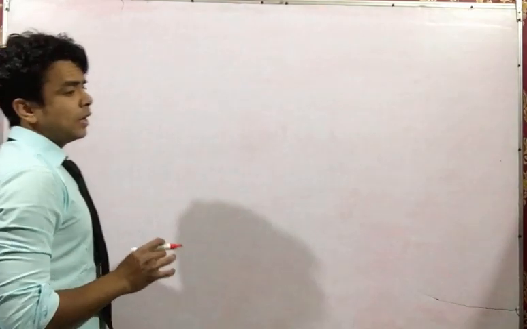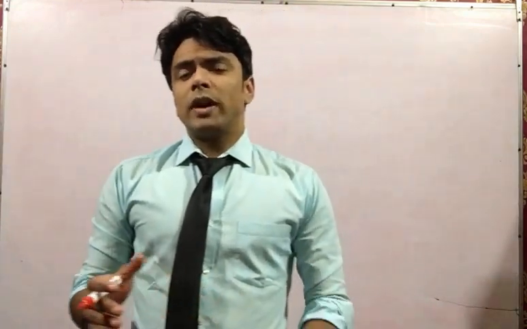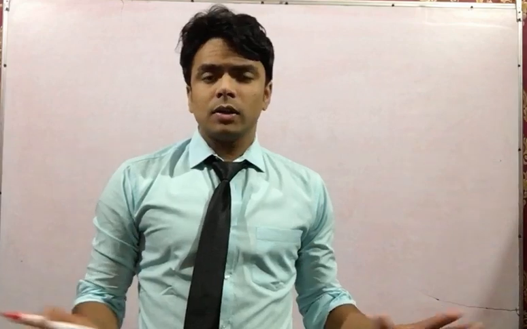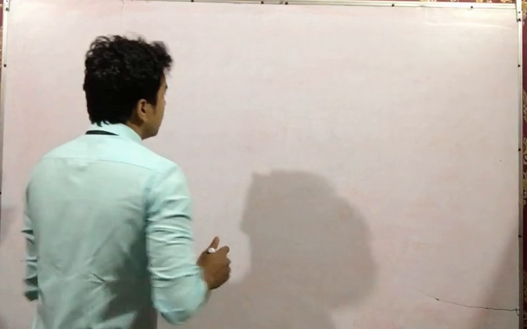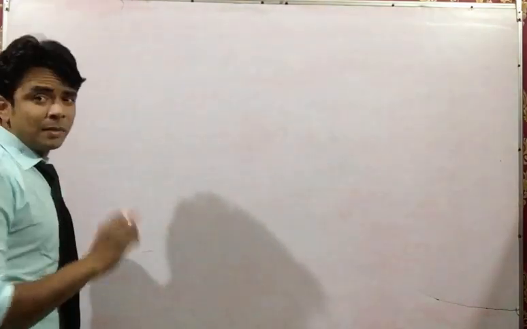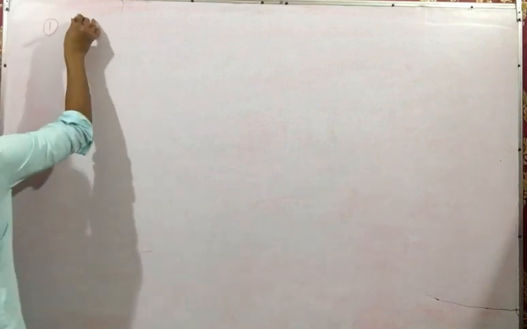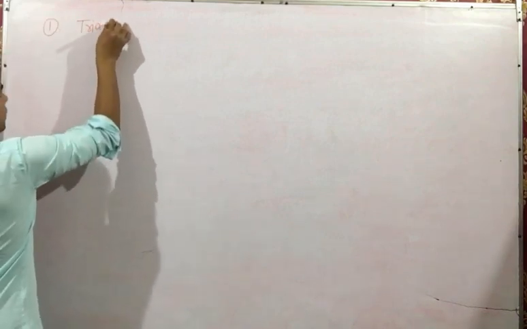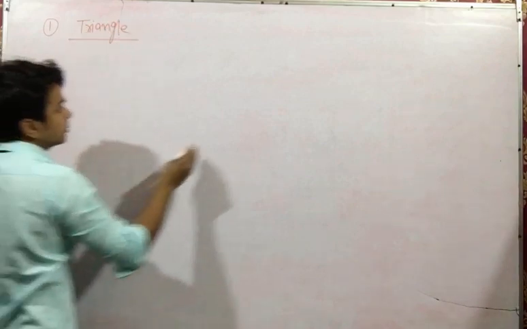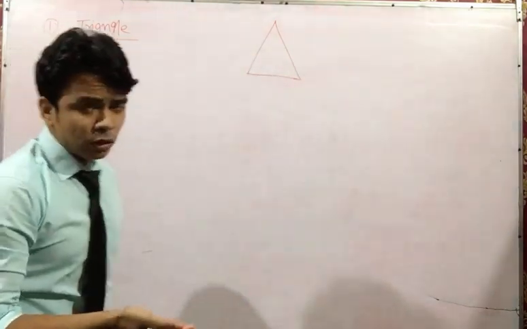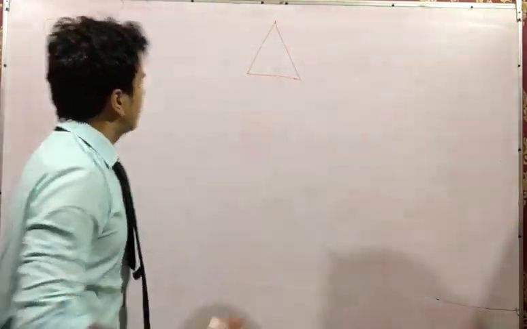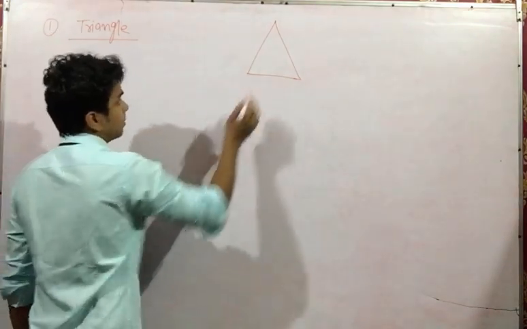In this chapter, basically we calculate the surface areas and the volume, we can call it capacity also, of different shapes, and most important, the combination of shapes. Okay, so I will start from the very basic, and the first shape that we study is triangle. Very basic triangle. You must be knowing it. This video is for grade 8th also, 9th also, 10th also. Anybody can watch it, or this will help them.